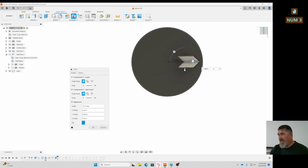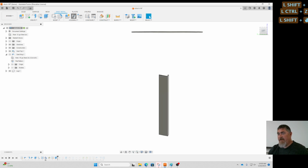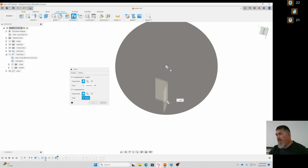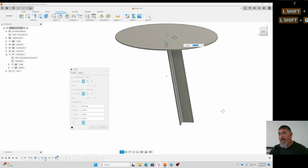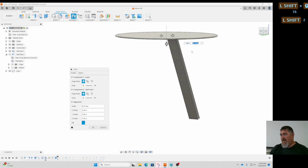I think I have it at 3 inches, something like that. And so that looks good. If I pick the wrong side though, so if I do the joint and I pick, let's say this side, do it, you can see now the outside of the V is going there. And so depending on how your part comes in and how you make your cuts, it might be the top or the bottom of the leg that you need to grab, put it on. But you want to make sure that when you put it on, it's not this way,